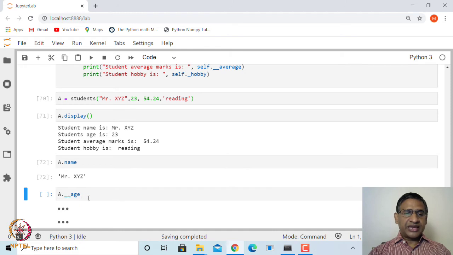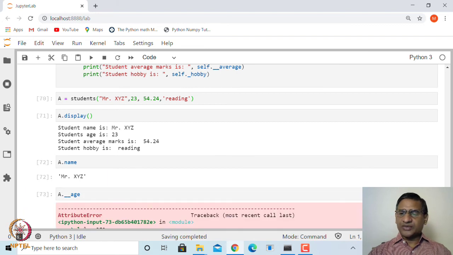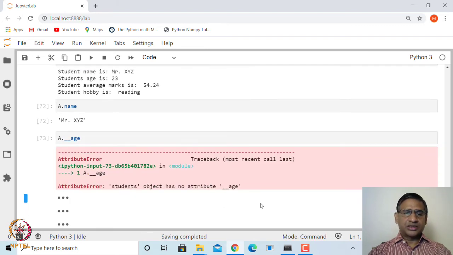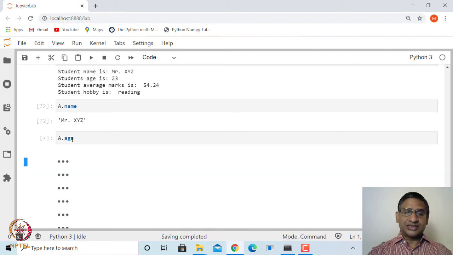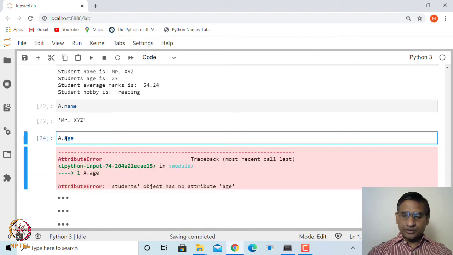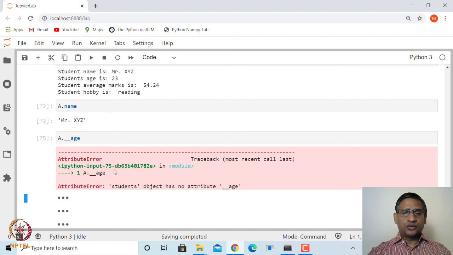But if I say a dot double underscore age, which is a private variable, it will not be available. It says the student object has no attribute, and that is how we created it with double underscore. Of course, with dot age it is not available either, but even with dot double underscore you cannot access it.